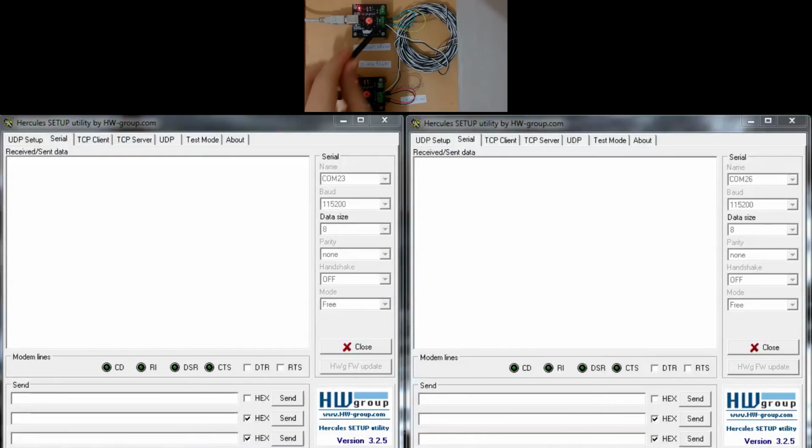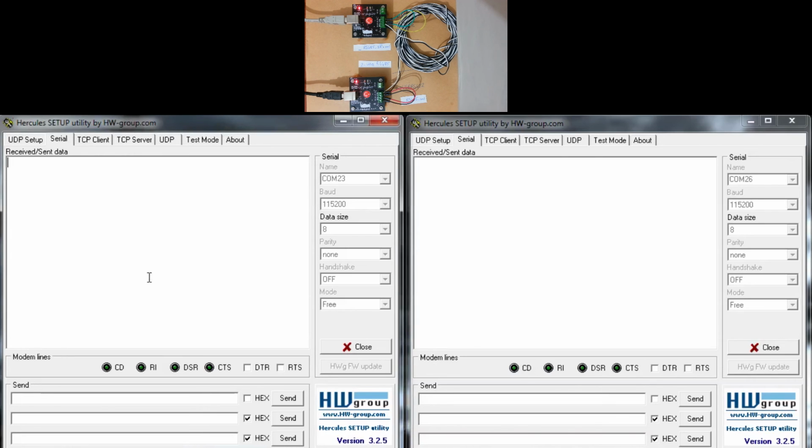I checked these loopback cables and changed them. These are cheap Chinese jumpers from eBay, if I remember correctly. And I checked the configurations again. Now let's try it.